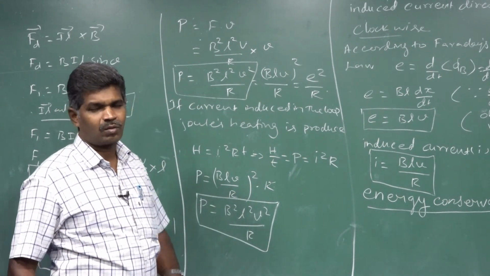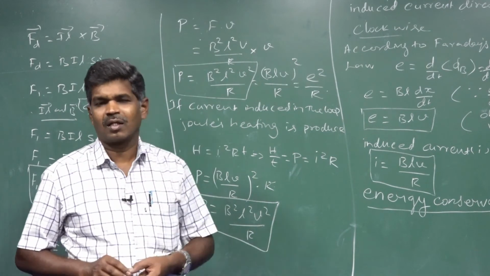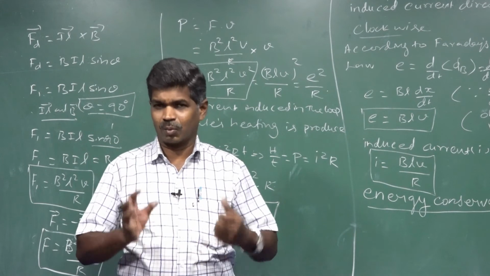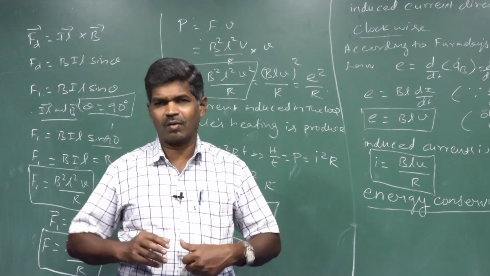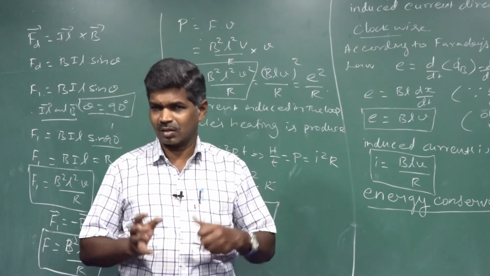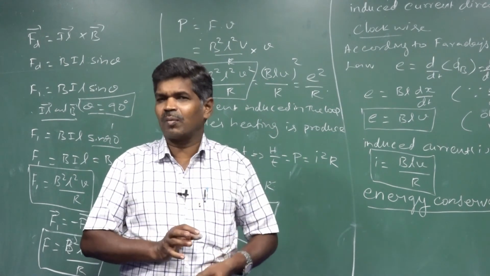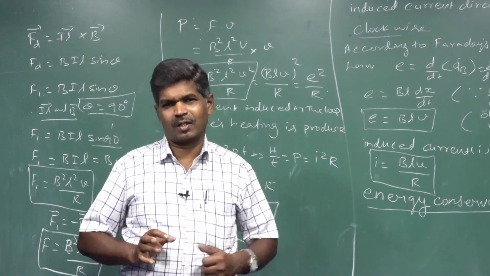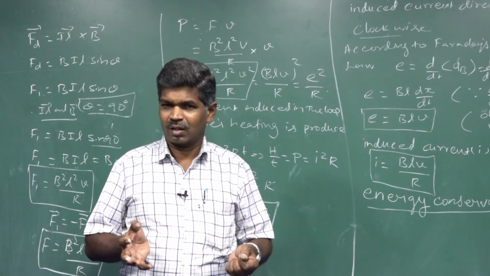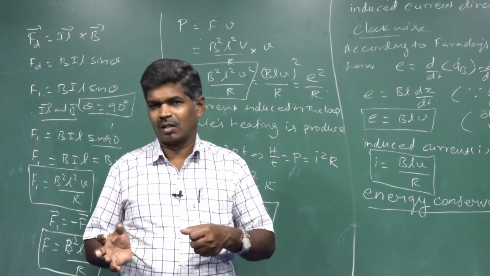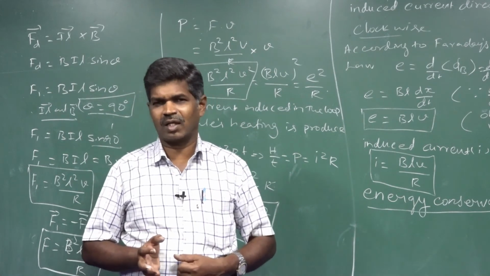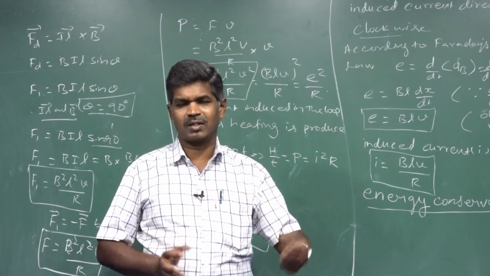Okay. So we have completed the motional EMF produced in a loop. That motional EMF is produced in our loop based on Faraday's laws. At the same time, producing an induced EMF can produce an induced current. And there we have mechanical work done. That mechanical work done produces a thermal energy in our conductor.